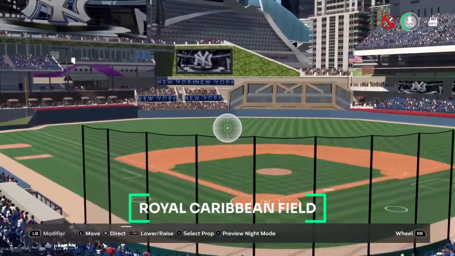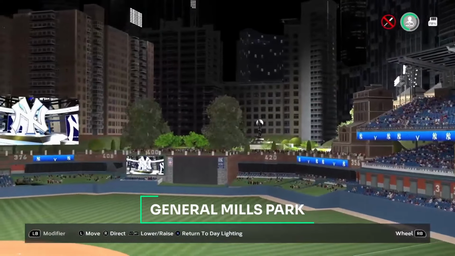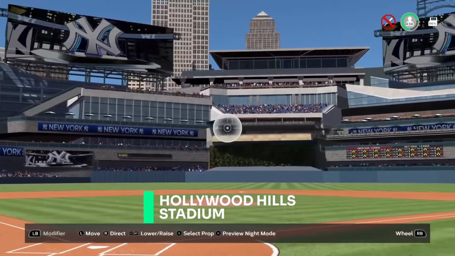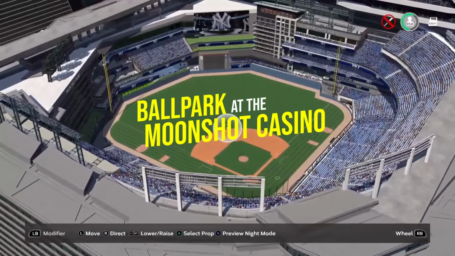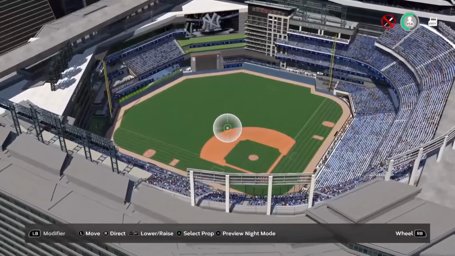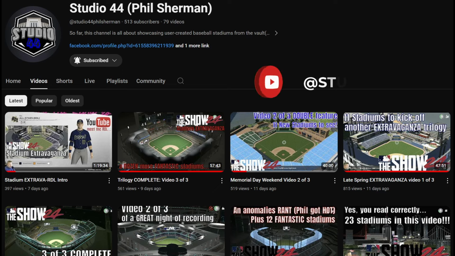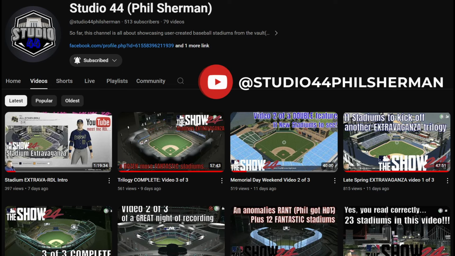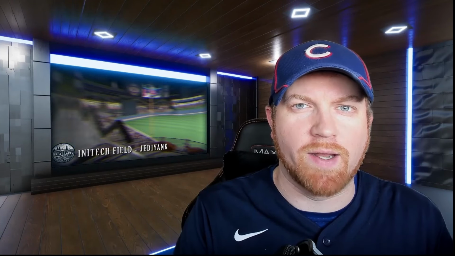He has a wide range of great parks including Royal Caribbean Field, General Mills Park, Hollywood Hills Stadium, and of course his signature, the ballpark at the Moonshot Casino, and many more. He also has a podcast with his brother and nephew called Respect the Pick, so if you haven't checked him out already, get on over there at youtube.com/Studio44 Phil Sherman. Every episode will feature a new stadium creator highlighting some of their best stadiums, but for now